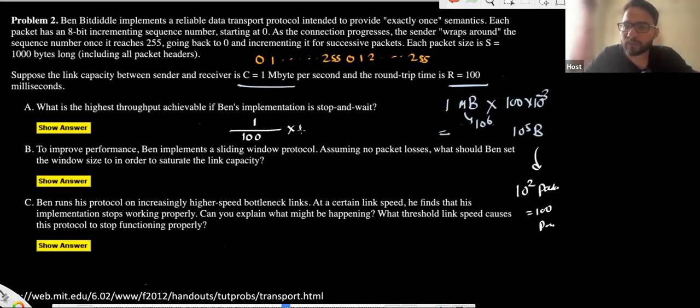If you want the throughput, you can multiply by the bandwidth also, right? So this is the efficiency in the sense that these many packets you could have sent. This is just what you are sending. So this is one of the ways to find out the efficiency, and then you multiply by the bandwidth. You will be getting the